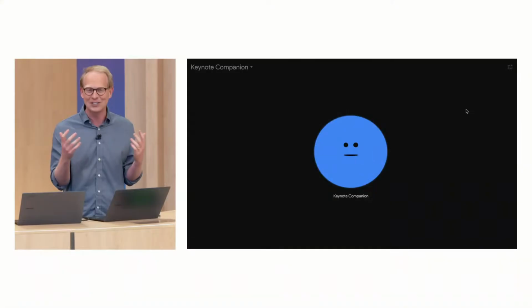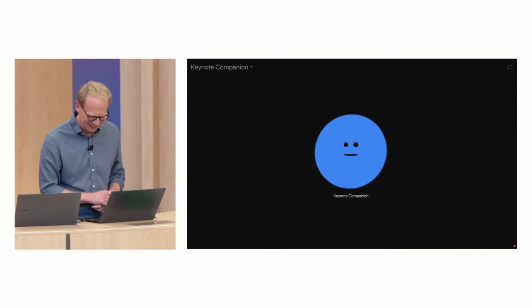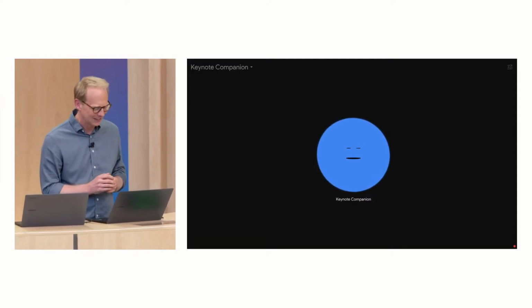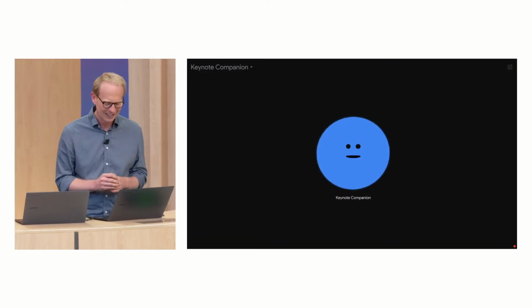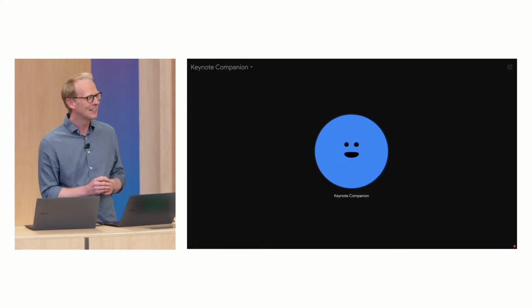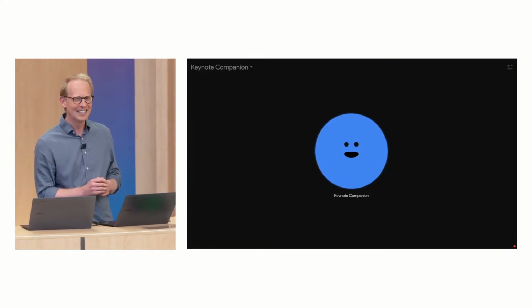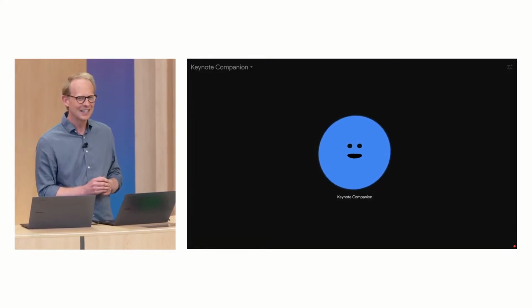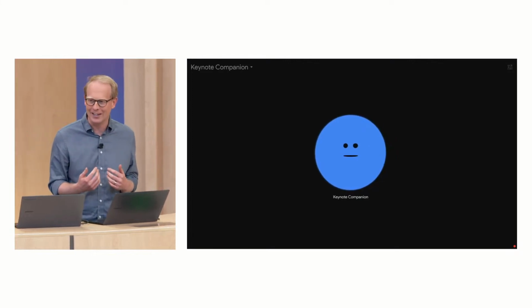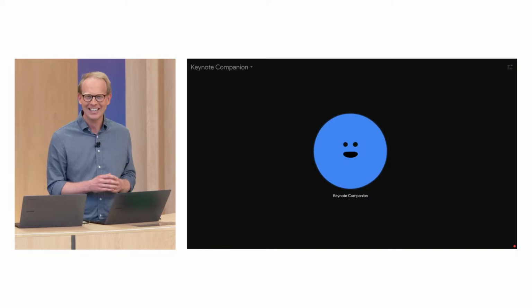So does everyone remember the Keynote companion app that Paige built right here at the desk? Let's bring it back up on stage, and let's just see what it thought. Hey, tell me, what did you think of today's announcements? Oh, I thought they were amazing. All the new features for developers are so exciting, especially the stuff with Gemini and the AI tools in Chrome. It's going to make it so much easier. What about my demo, the one I did? Your demo was